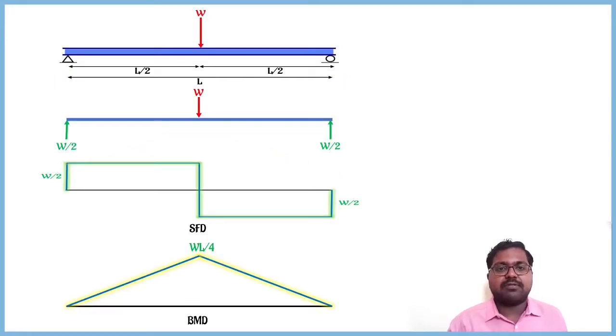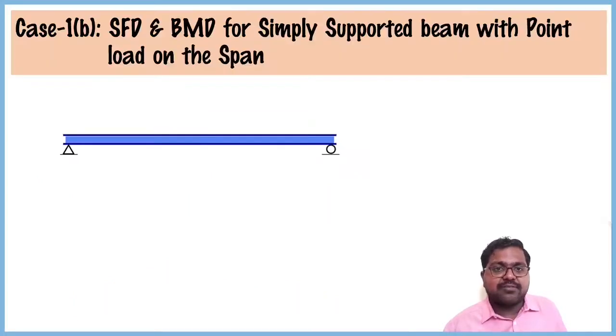If you see the figure of complete shear force and bending moment diagram with reactions, it will be like this. So here the point where the W is acting, at the point suddenly shear force changes from negative to positive, so it crosses 0, and at the same point we are having WL by 4 maximum bending moment. So this is for case 1A, and again we are having one more case in case 1 itself.